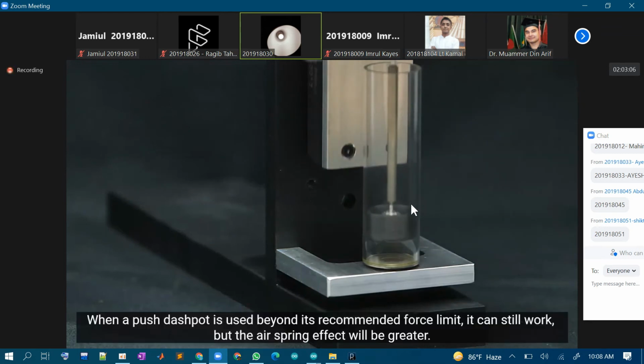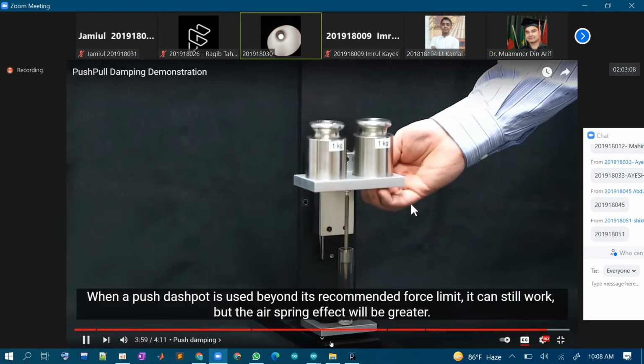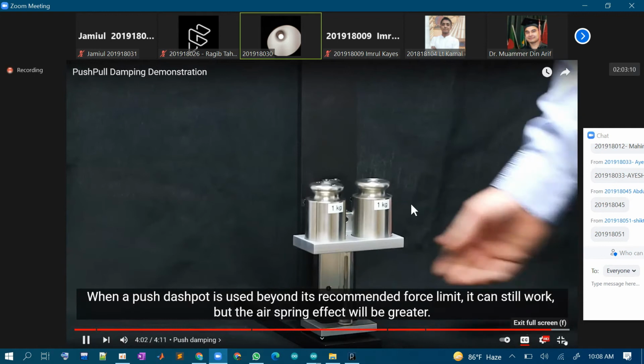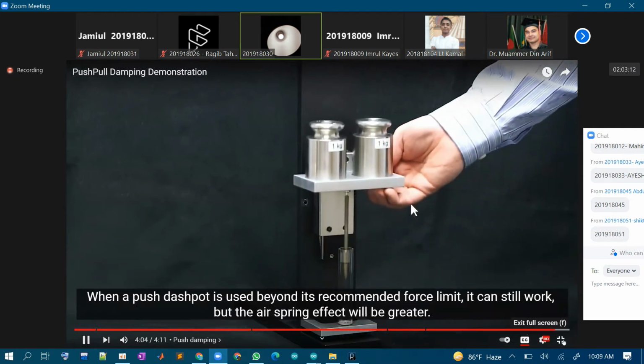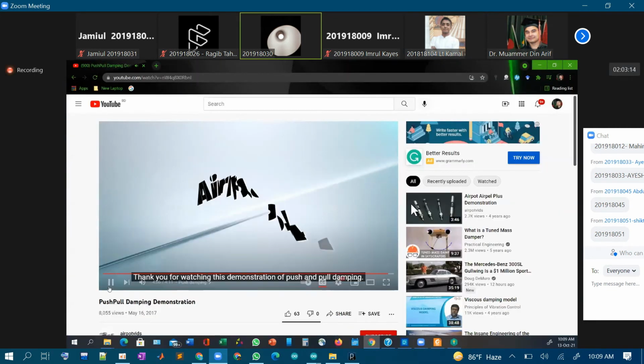When a push dashpot is used beyond its recommended force limit, it can still work, but the air spring effect will be greater. Thank you for watching this demonstration of